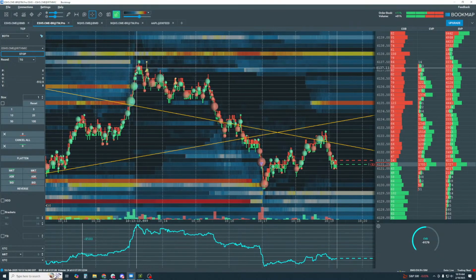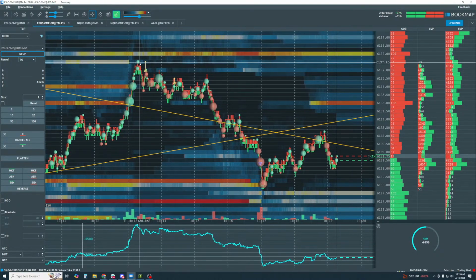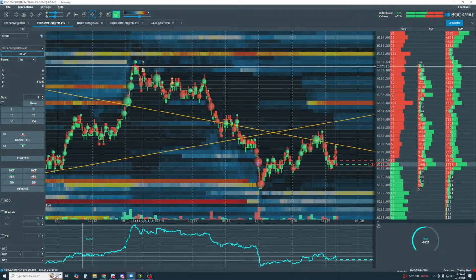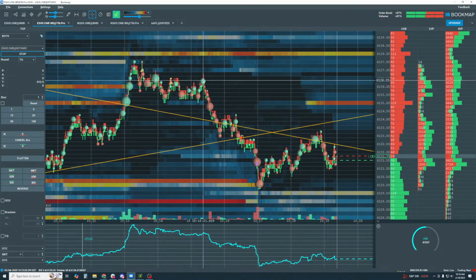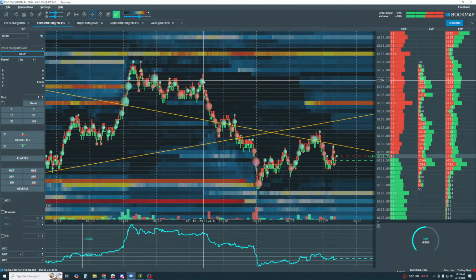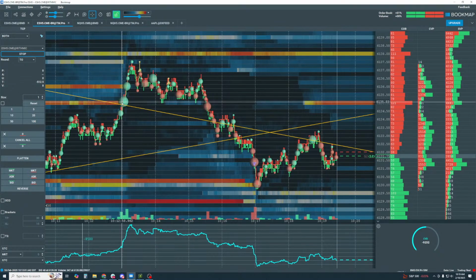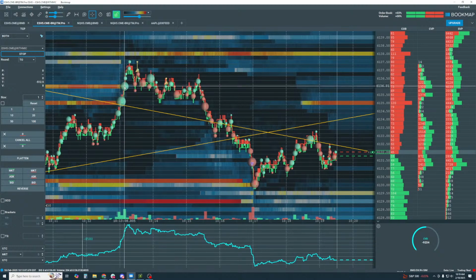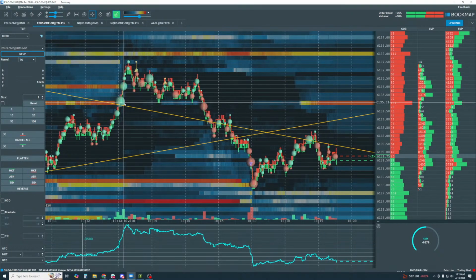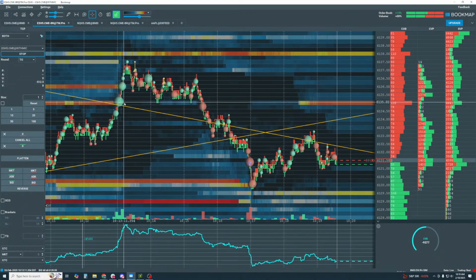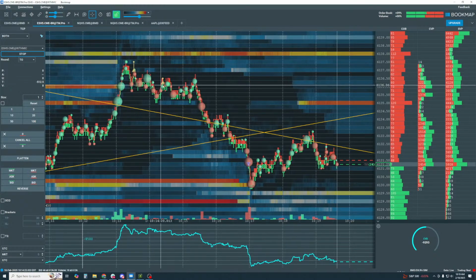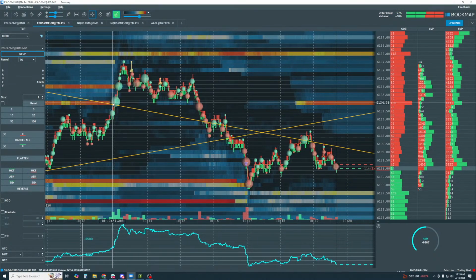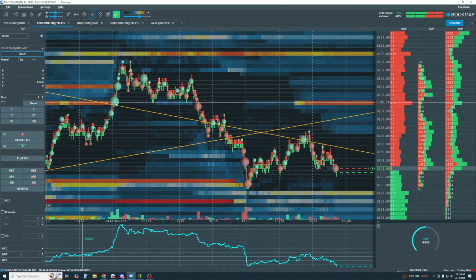So if it can't trade higher up in here, I would still look for a retest, and this is as close to the retest as we got right here. So it did bounce off of this area here, and we were looking for that on a pullback either to here or to here, and that's why I got in here for a second position. So yeah, we bounced off of this area here.